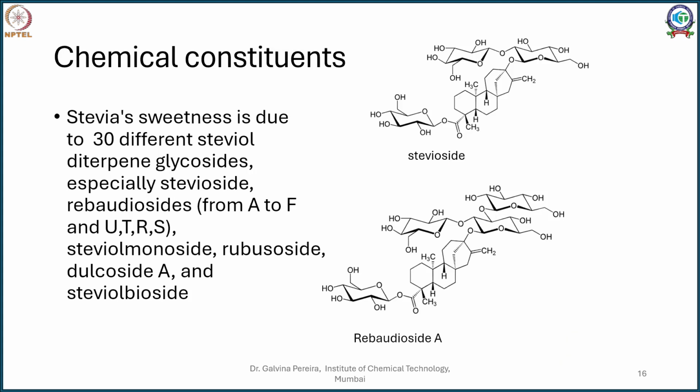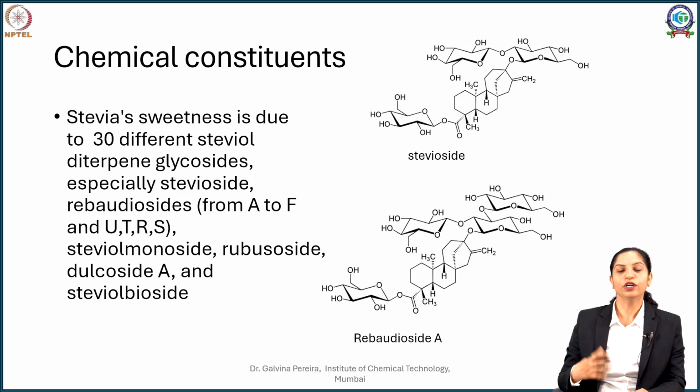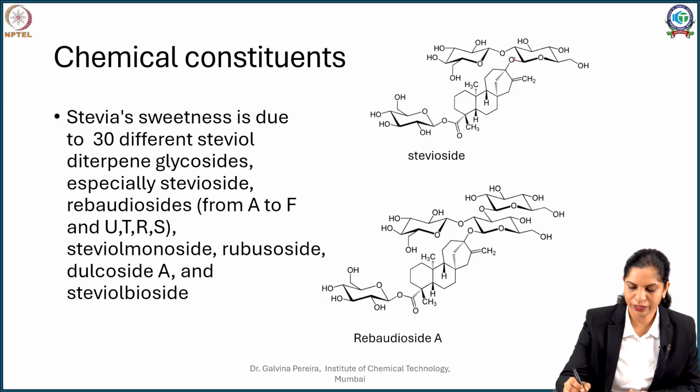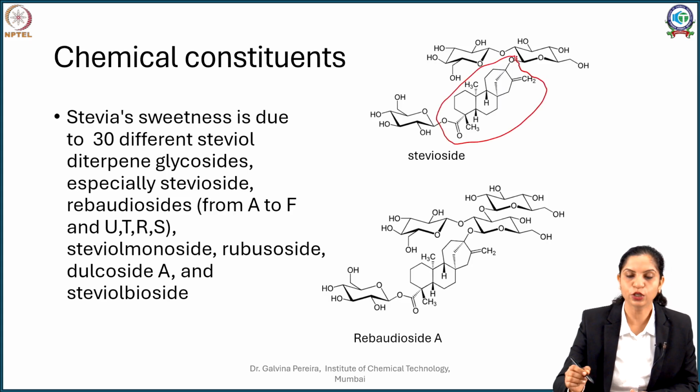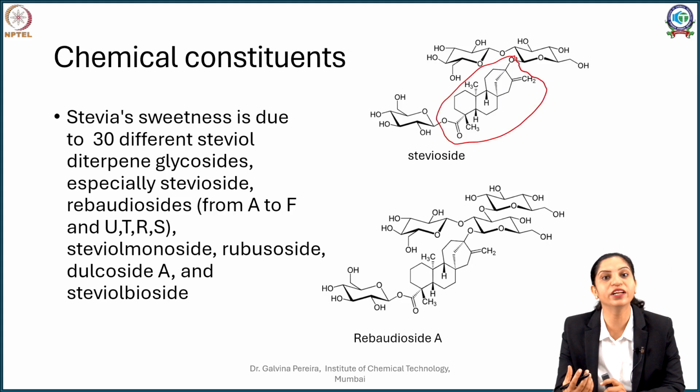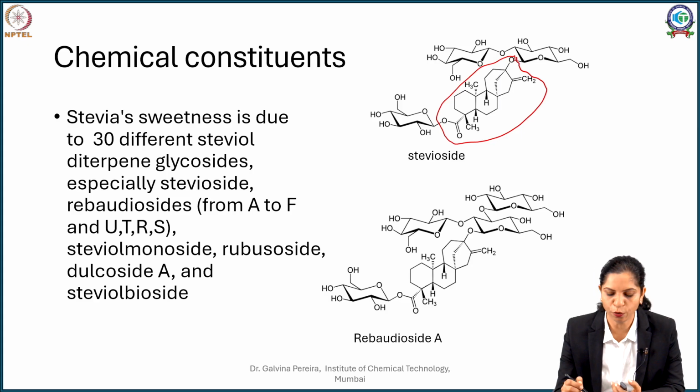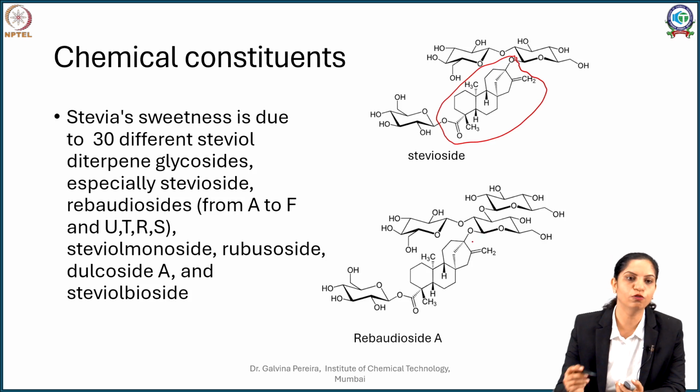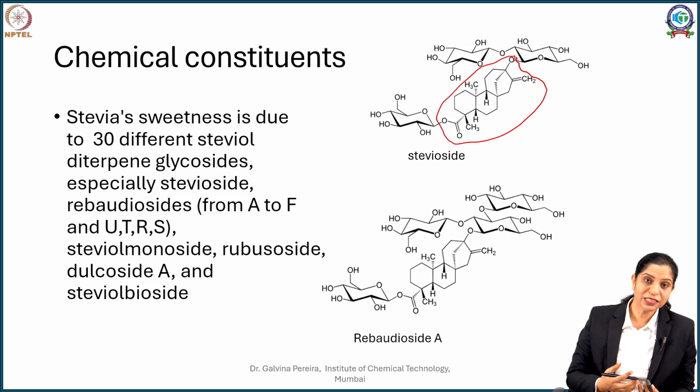Now the sweetness of stevia is due to different stevia glycosides. The aglycone, that is this inner part, is referred to as steviol. And to this steviol, depending upon the number and the nature of the sugars attached, you have your stevioside, which you can clearly see has 3 sugars. You can see your rebaudioside. The steviol is the same, the sugars change, which has 4 sugars, and numerous stevioside derivatives have still been discovered from the plant.